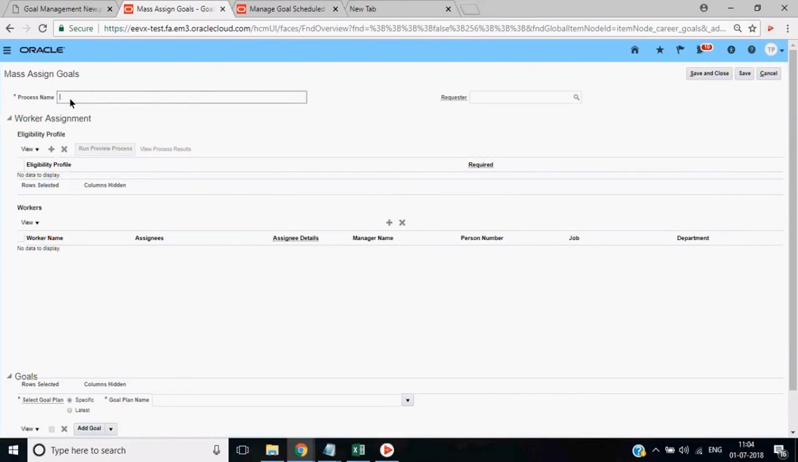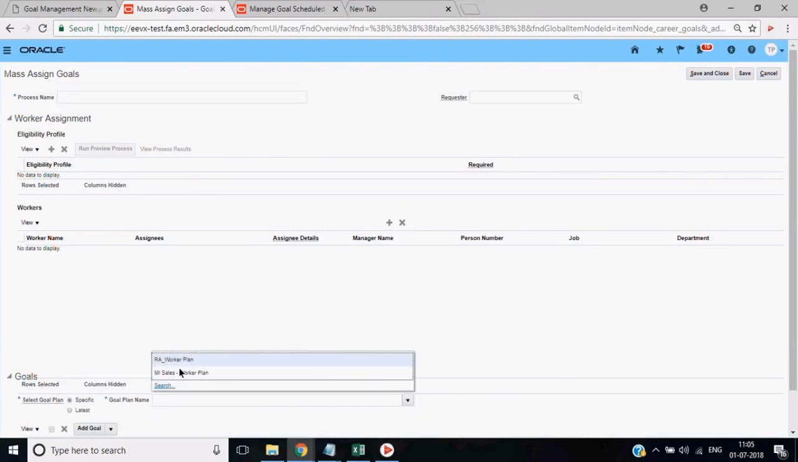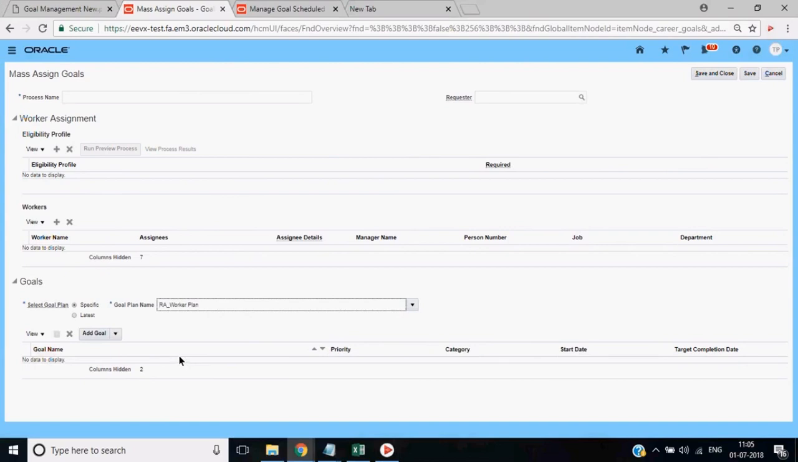Okay, for this process name, say for example, I have created a process for say RA worker plan. Okay, so I have added one goal here. In this worker plan, I need a goal to be added. Yes. Okay, so what happens? Either I can specify it inside a goal plan, I create a process, or I